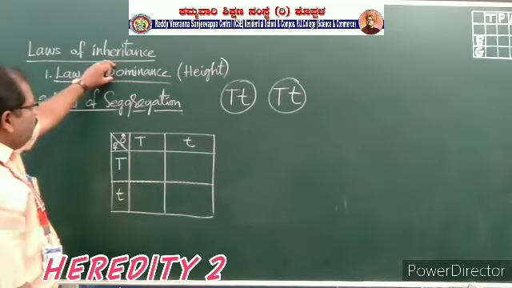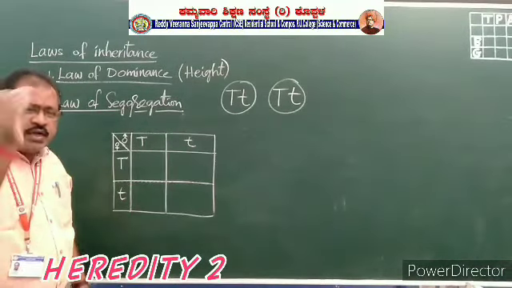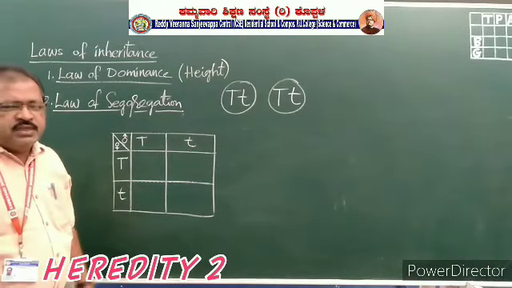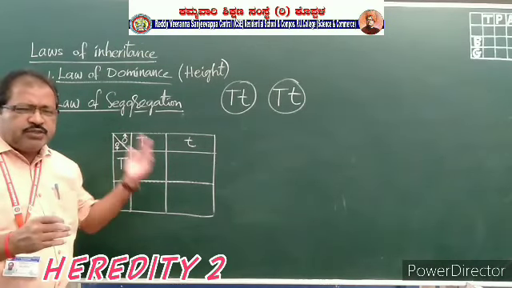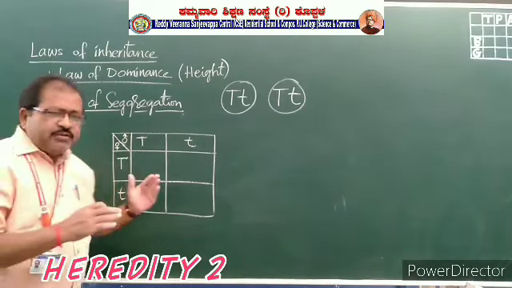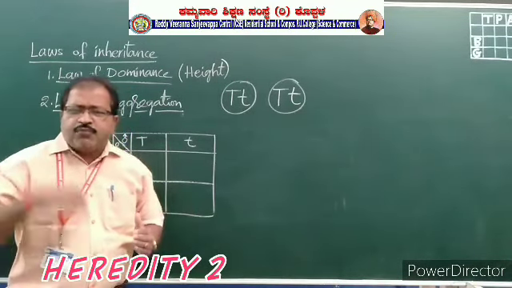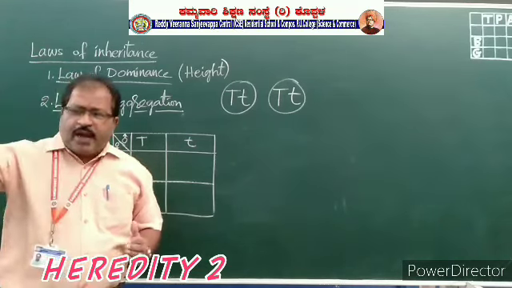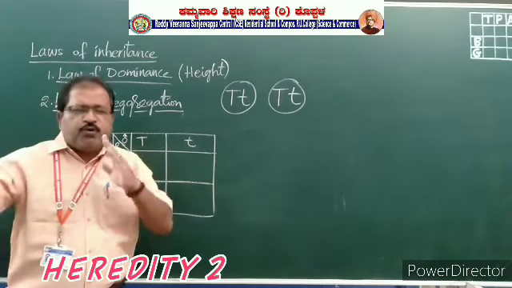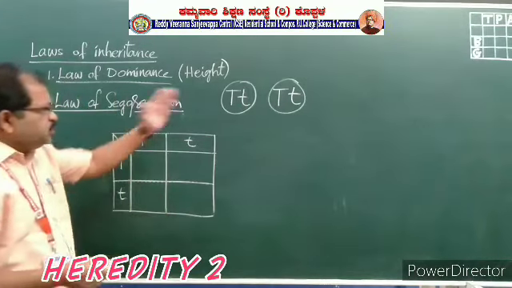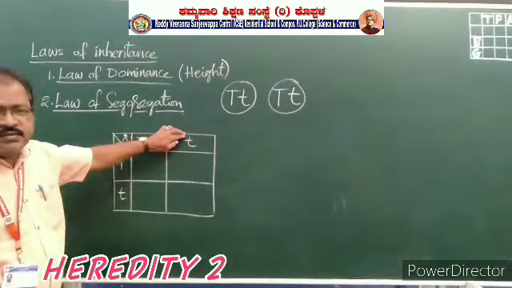and cross-pollinating. In the law of dominance, it was self-pollination, and now here we are doing cross-pollination. Already you know that one: the transfer of pollen grains from the anther of one flower to the stigma of another flower of another plant of the same category. That is called cross-pollination. So, we are doing the cross-pollination between the two plants which have the mixed characters.